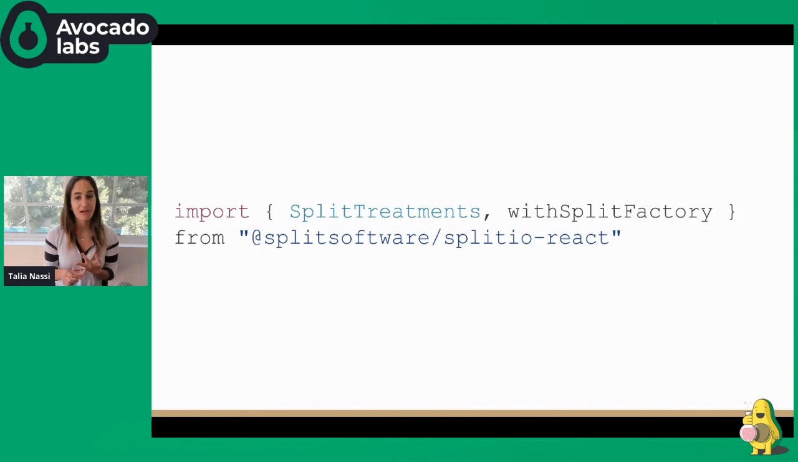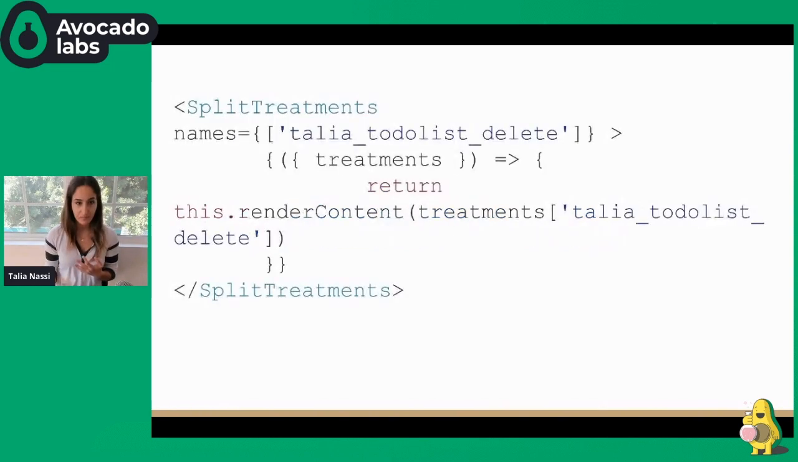And then the withSplitFactory higher order component is used to wrap the to-do list component when I export it. So I split up my render function in two. And in the first one, I return the treatment and configuration from SplitTreatments. And in the names prop, I pass in the name of my feature flag that I created from the UI. And just note that this must exactly match the name that you inputted when you created your split. So just make sure that that matches, because I've run into some problems where I had an underscore or something